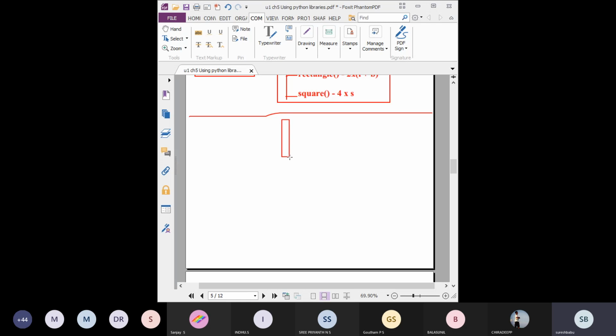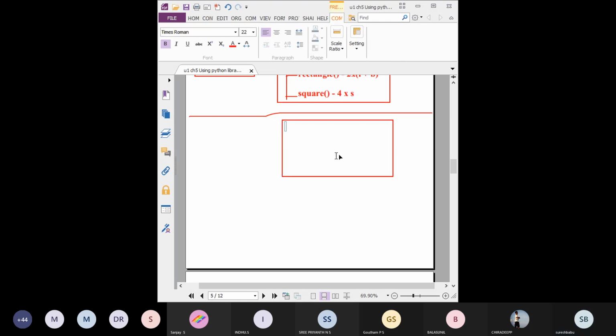So first module. The name is the first module name, you can create like greatest. That is the module name greatest.py. Inside you have to create two functions. The first one is greatest of 2, the function. You have to find the greatest of two numbers. You have to give two numbers and find which one is the greatest one. Okay, understood?